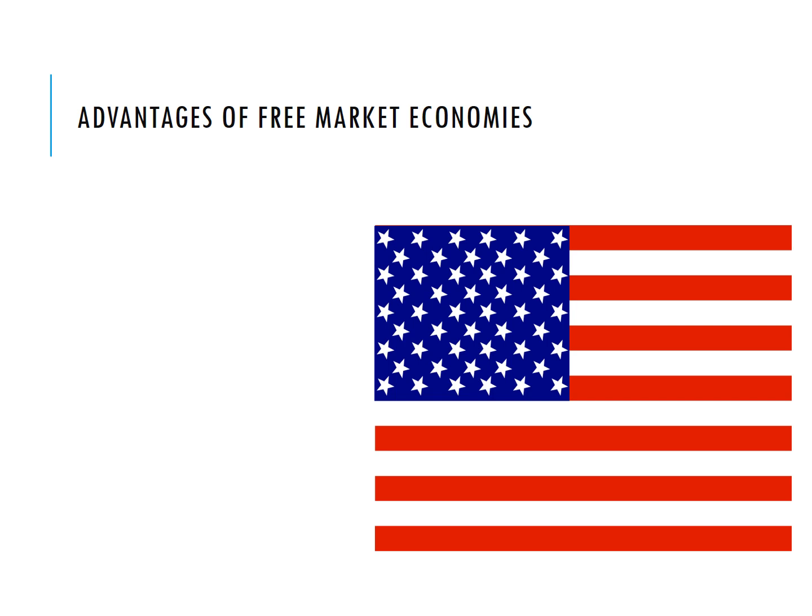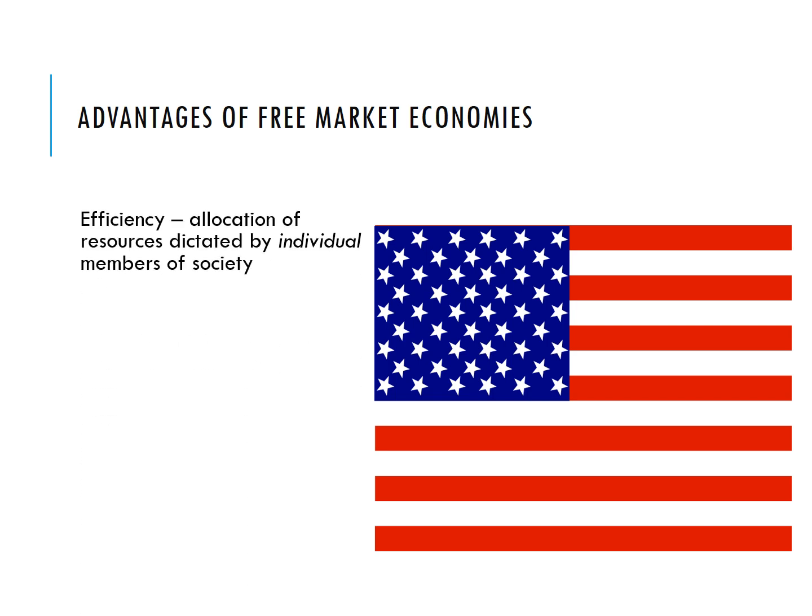What are the advantages of free market economies? Well, they're considered to be more efficient. Individual members decide which resources they want. If I want something, I pay the price. It's not a government trying to tell me whether I need something or not. You have more choice potentially in a free market. You can choose what you want, you can choose what you do by whether you want to buy or sell.